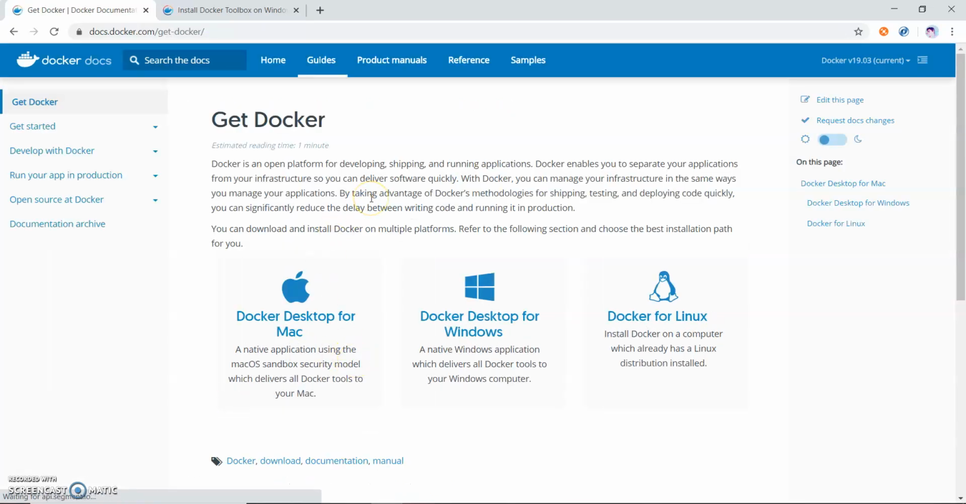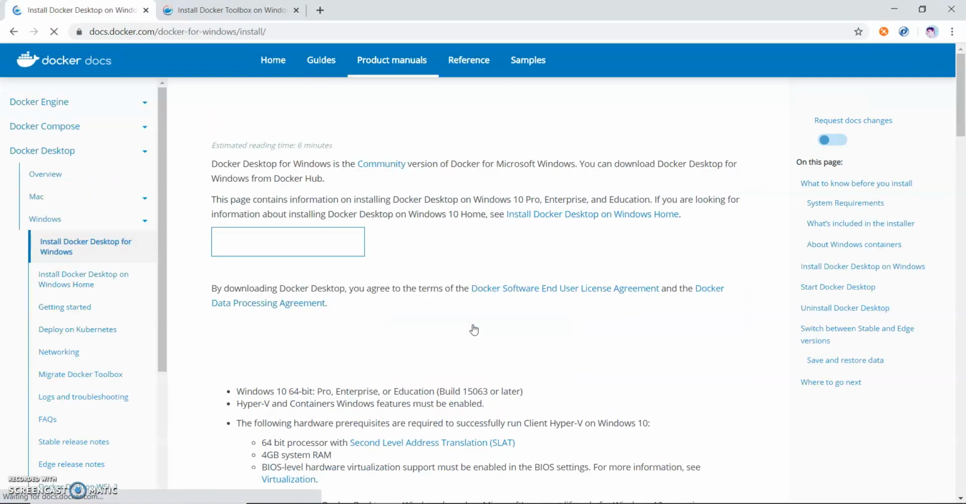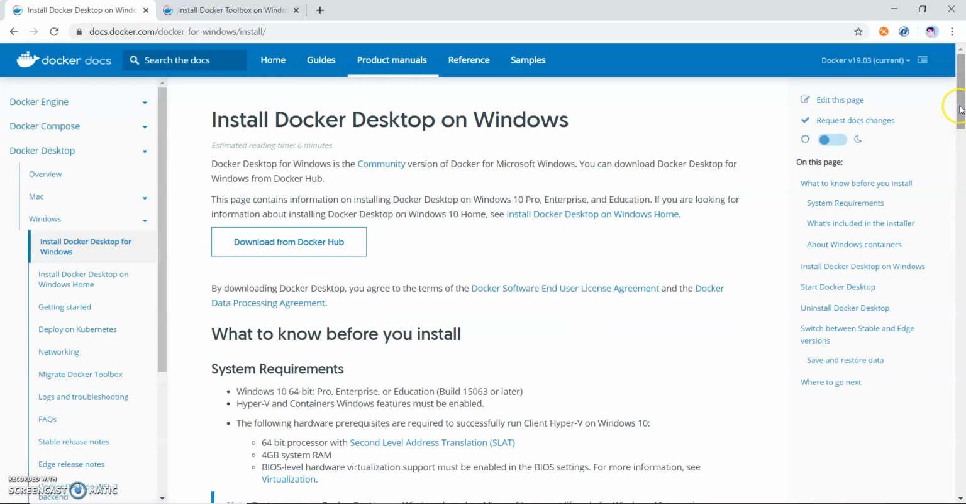get all the options. So guys, if you are using Mac, then you have to go to Mac. If you are using a Windows machine, you can go to Windows, and if you are using Linux, you will have to go to Linux. As I am using a Windows machine, I click on this icon, and